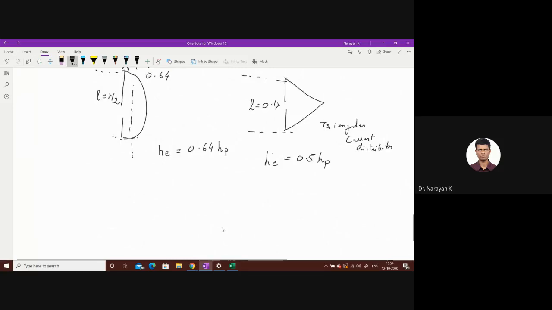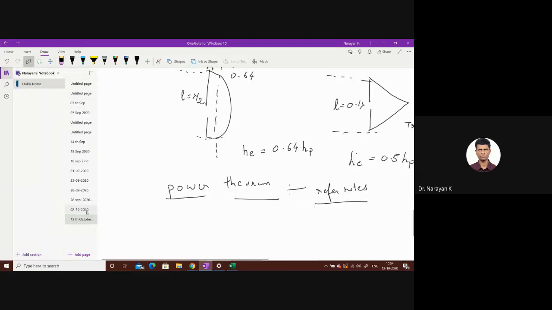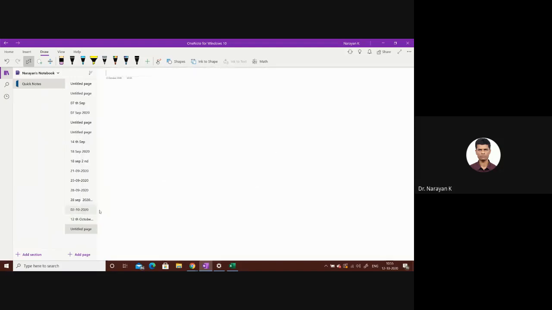Okay, there is one more small topic which is left, the power theorem. So I will request you to see the notes. If you have any problems, then I will do it. Sometimes it is asked. More or less I have covered everything. So refer to the notes which I have already uploaded, that is myself and Venkatesh notes. That will be your power theorem. That will end your module 3. If you have nothing to ask, then I can go for module 4.